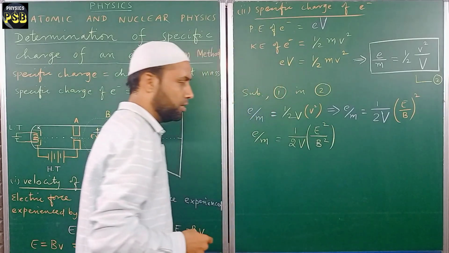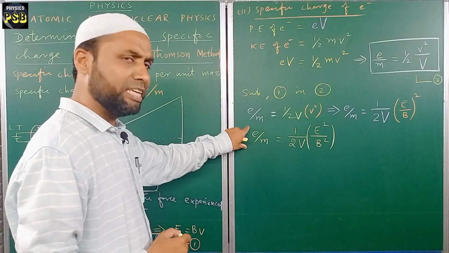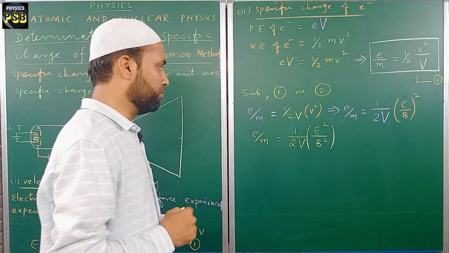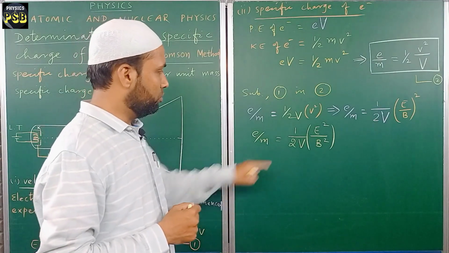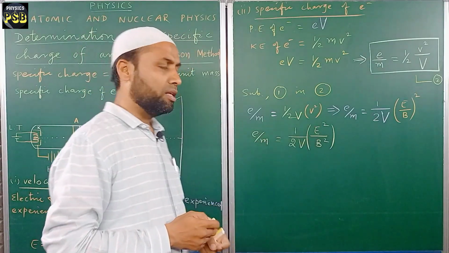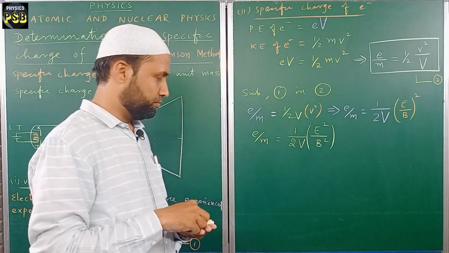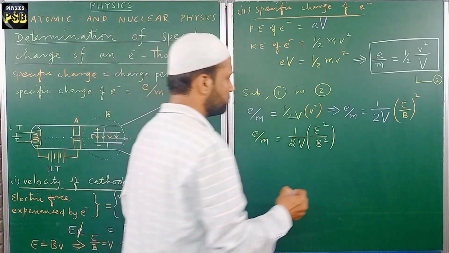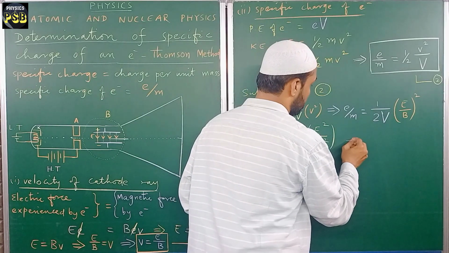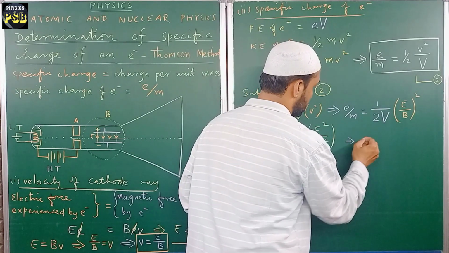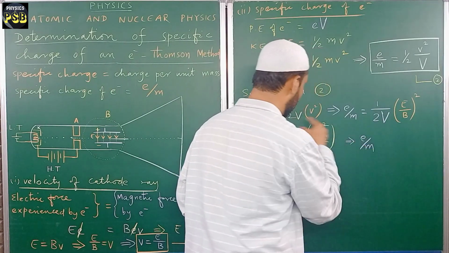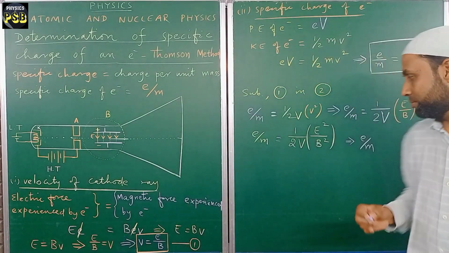This is the expression for the specific charge of electron. Now here, if we substitute the value of these terms, then it is found that the specific charge of electron is equal to